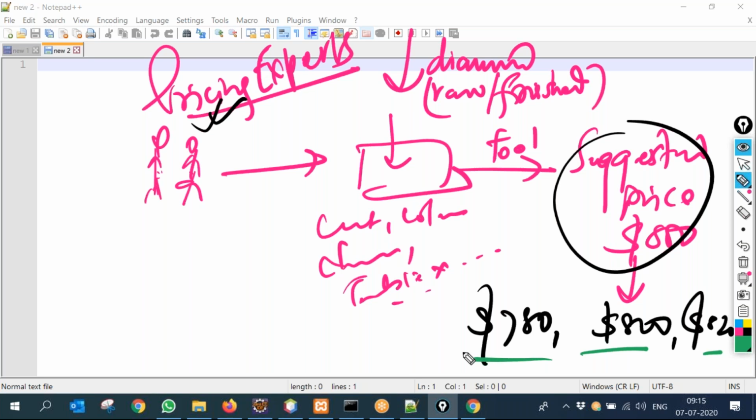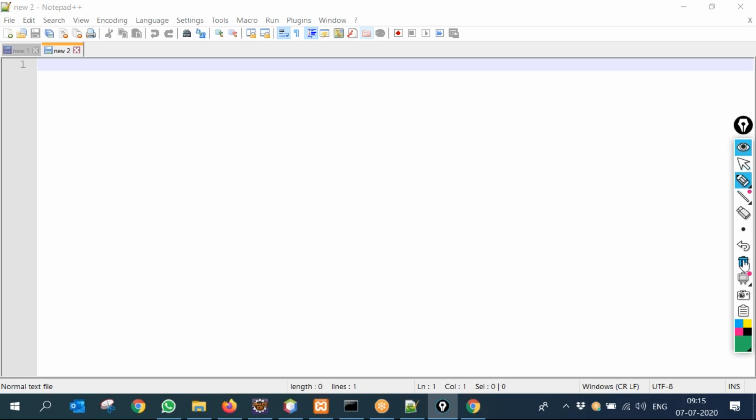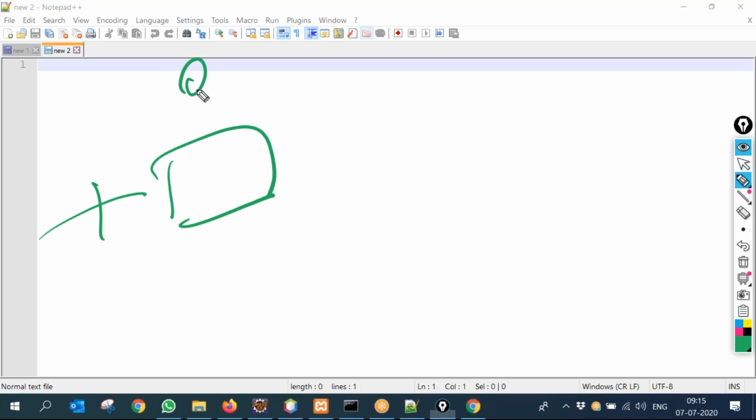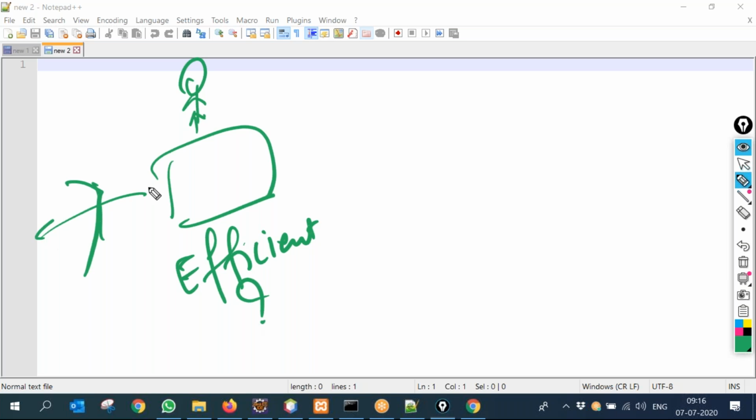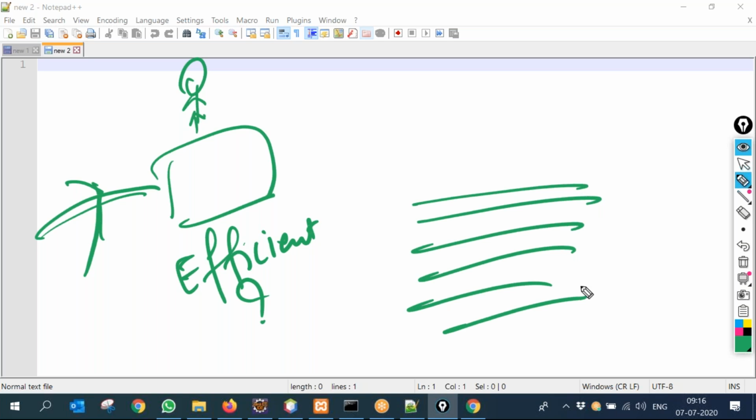So the company came and asked, can you find out whether these pricing experts are efficient or not? Basically they wanted to know, can we grade them based on their efficiency level? We had a huge amount of data, and we started simulating.